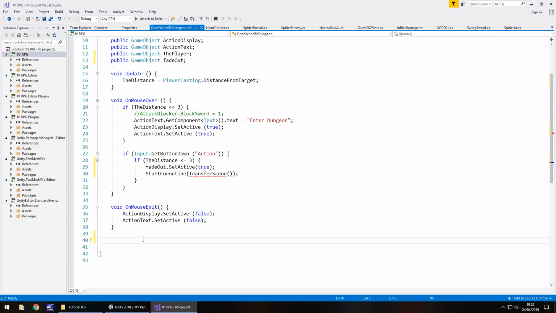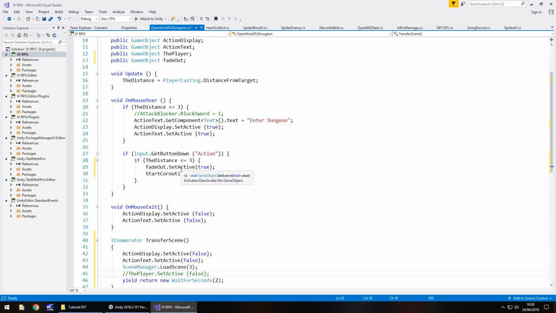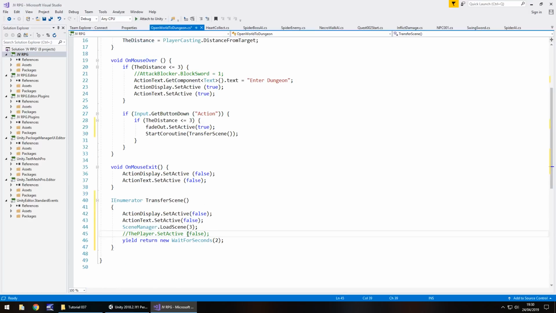Let's go to the bottom just before the final close curly bracket, and we'll have an IEnumerator TransferScene, open close bracket, open curly bracket, and in here we're going to have yield return new WaitForSeconds 4. I'm just going to have 2 for now, semicolon. And before that line of code, let's paste what we cut out previously. And this SceneManager.LoadScene and the annotation, let's cut them from here and place them after the yield,